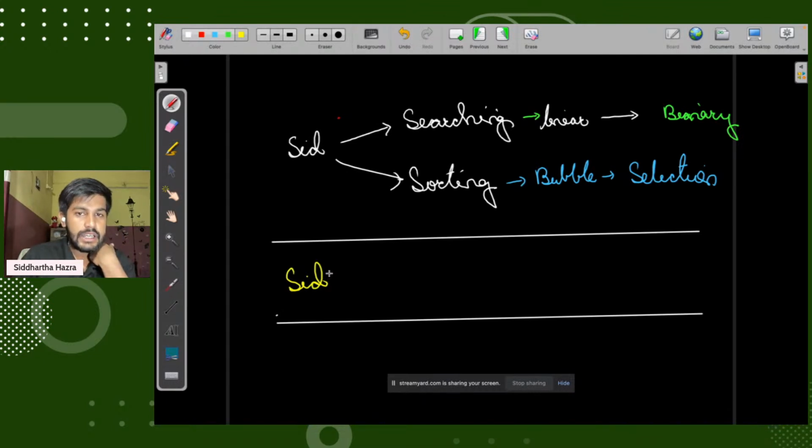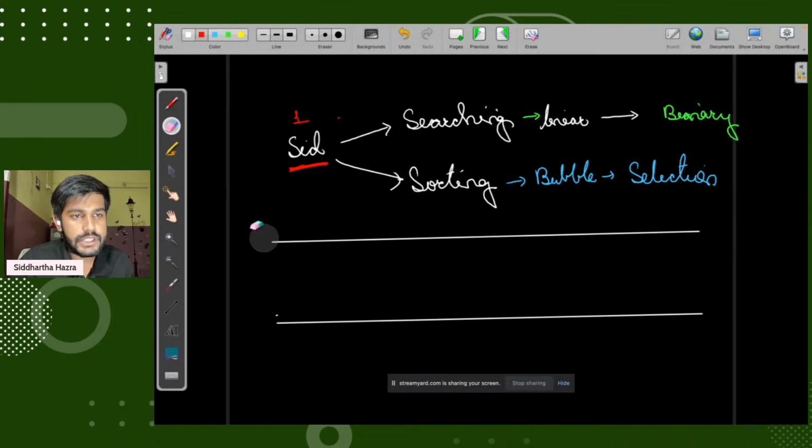Then we visit the source, and it is marked visited. Then the unvisited neighbors of SID are searching and sorting. So I would remove this SID and insert searching.